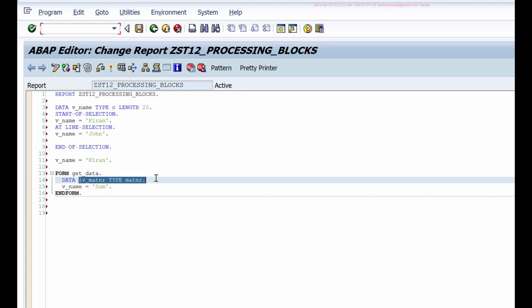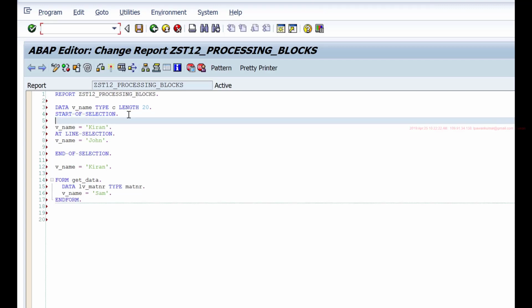So this is a local data object for this subroutine, whereas events do not have any local data. So if you define anything under the event, then since they do not have any local data object, they will be considered as global data objects only.